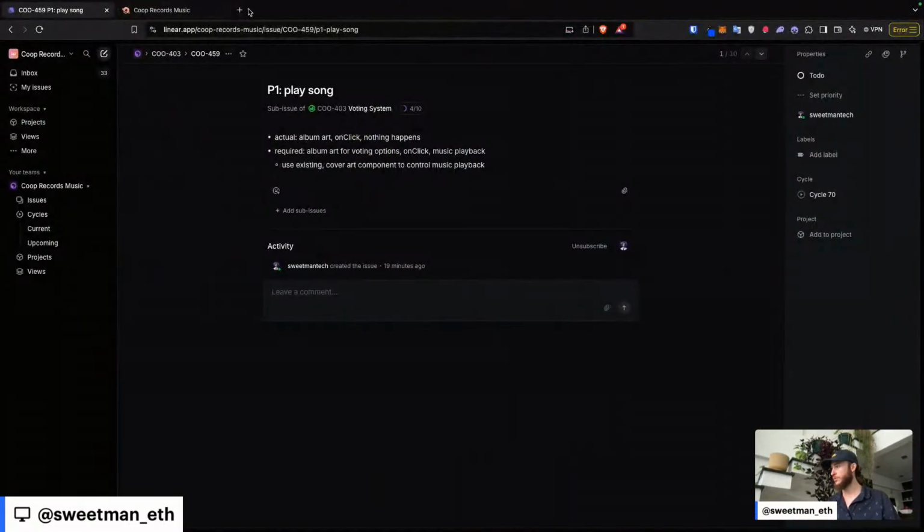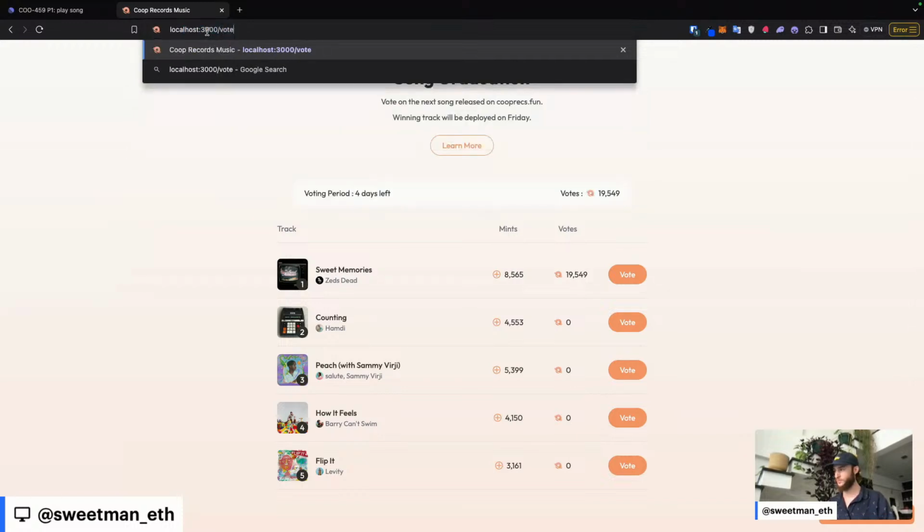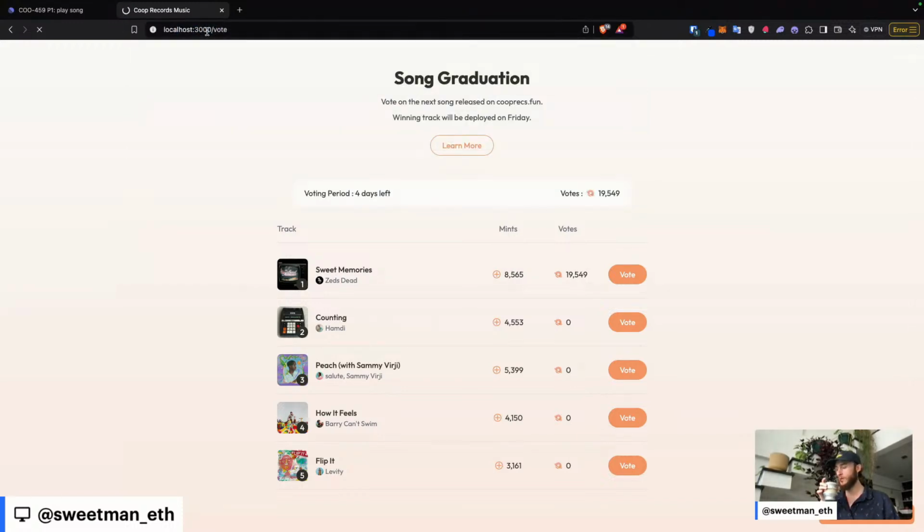Let's go to our browser and go to localhost/vote and see what's over here. What I'm hoping for is that I can click a play button on these song images, because right now you can't listen to it, and so you don't really know what you're voting for. I mean, you know the artist and you know the title, and if you've already heard the song, great, but if you haven't heard the song before, then